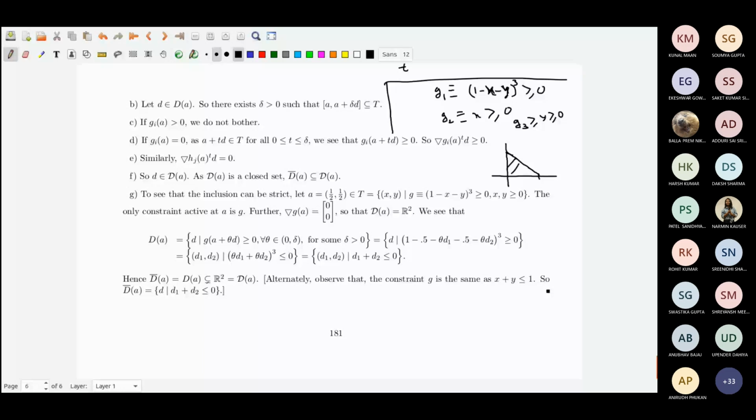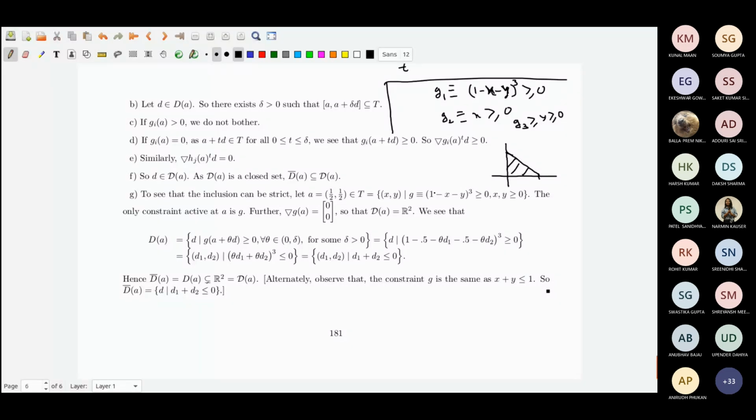But you don't know anything. We do not know anything. The function has been given in a complicated form. It is given in 4, 5, 6, 7 variables. I mean, who knows what it represents? This particular one is created in such a way that I can see it in the picture, so that I can have a feeling. But otherwise, I do not know. G1 is 1 minus x minus y whole cube, greater than or equal to 0. That's it.